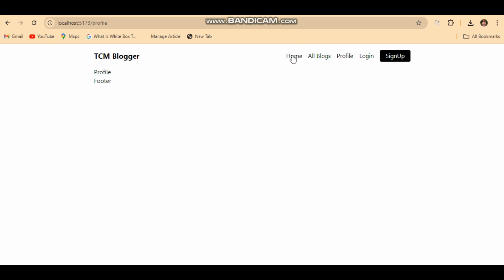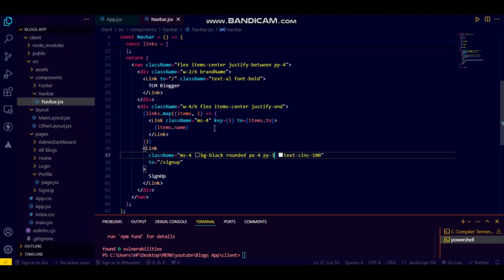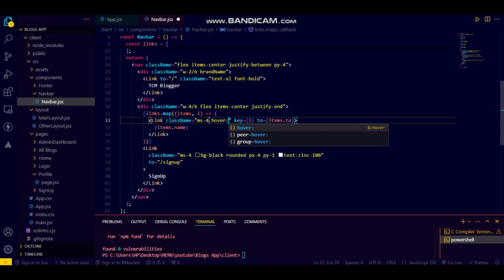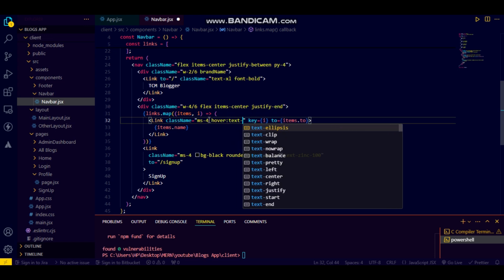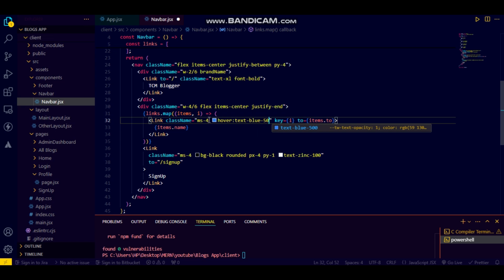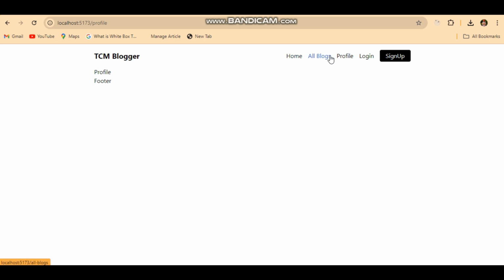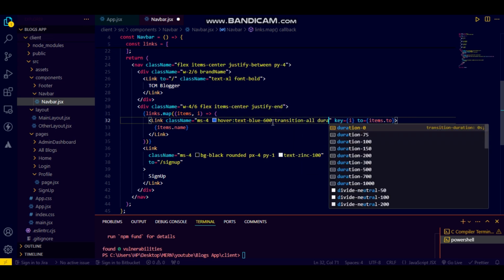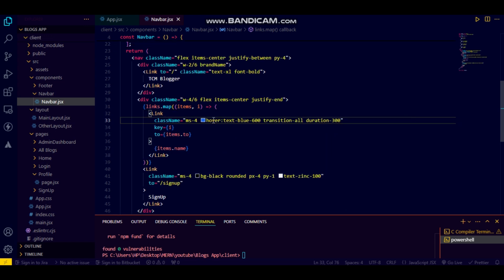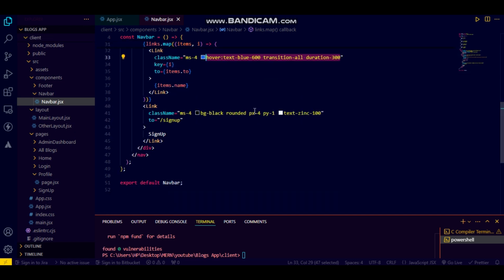And right now, as you can see here, on hovering over forward, nothing is showing up here. So what I can do is go here, margin start 4, that's fine. For forward I can say text view 500, just the decent things I'm going to have. Okay, so on all those profile login, I can just do something like transition, duration of 300, and the same thing I want to copy from this and paste